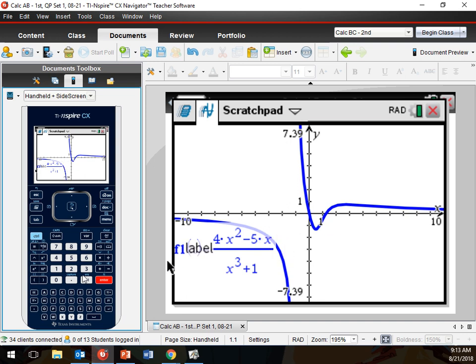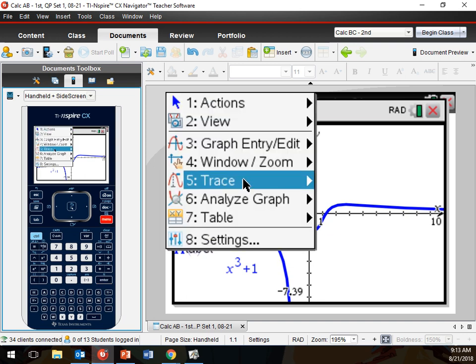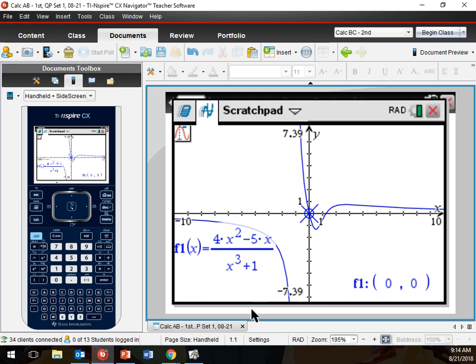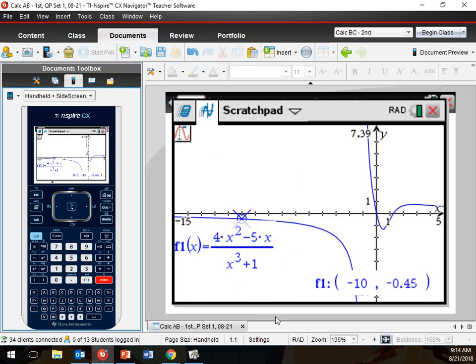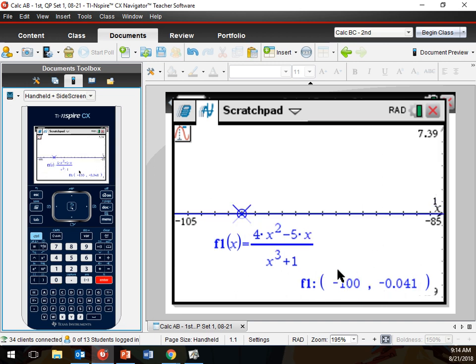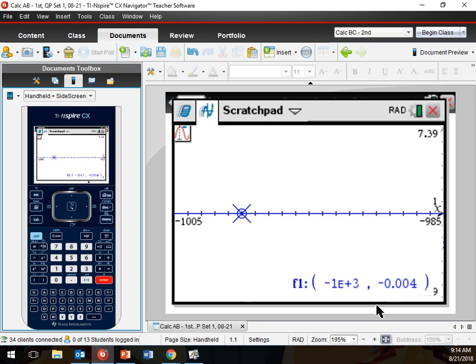All right. So, let's try and put in some numbers. Turn on trace. Trace graph. Let's go with -10. Okay, there's a really, really small negative, right? Okay, let's go to -100. Okay, keeps getting smaller and smaller, right? -1,000. If you notice, it keeps getting smaller over here too, right? Yeah. So as I keep getting smaller,